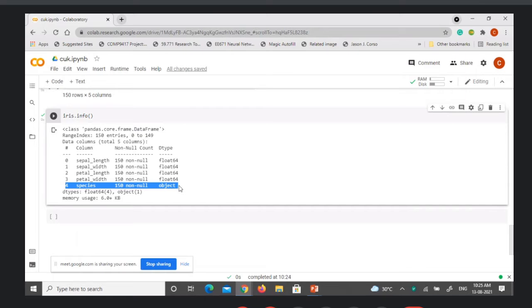So any data set, if you read it, the info will give the basic preliminary information about the data set. And for a data science practitioner or any machine learning practitioner, you need to understand the data well. It means you have to spend a lot of time in knowing the data, then only you can think of what can be done. That's why most data scientists spend 60 to 70% of their time on understanding the data and how it is organized.